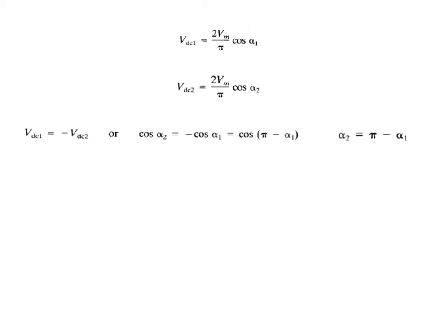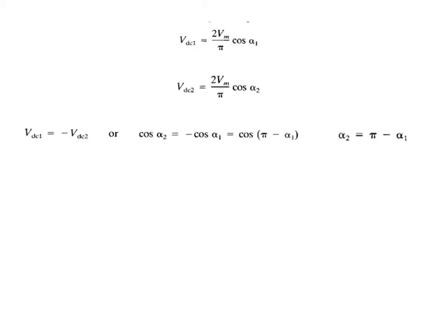Since the instantaneous output voltages for the two converters are out of phase, there will be an instantaneous voltage difference, and this will result in a circulating current between the two converters. This circulating current will not flow through the load and is normally limited by the circulating current reactor L. So we have the reactor L connected in the two converters as shown in figure A, that is L by 2 and L by 2. For converter 1 it is L by 2 and for converter 2 it is L by 2.